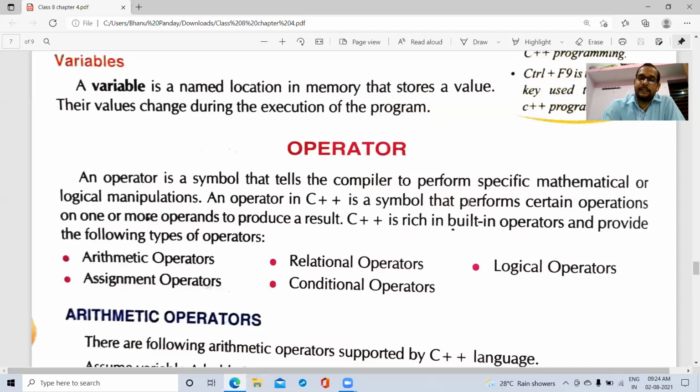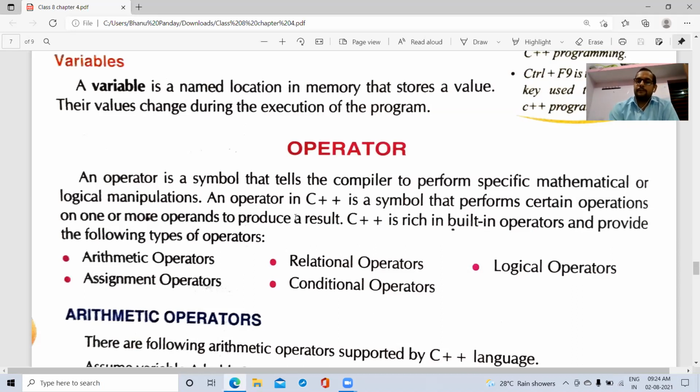An operator in C++ is a symbol that performs certain operations on one or more operands. One or more operands means we have one or more variables. Either the operator works with a single variable or it may work with two or more variables to produce the result. C++ is rich in built-in operators.